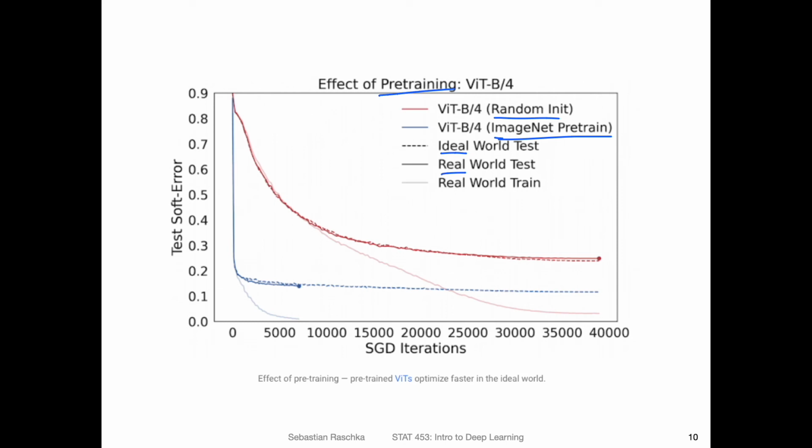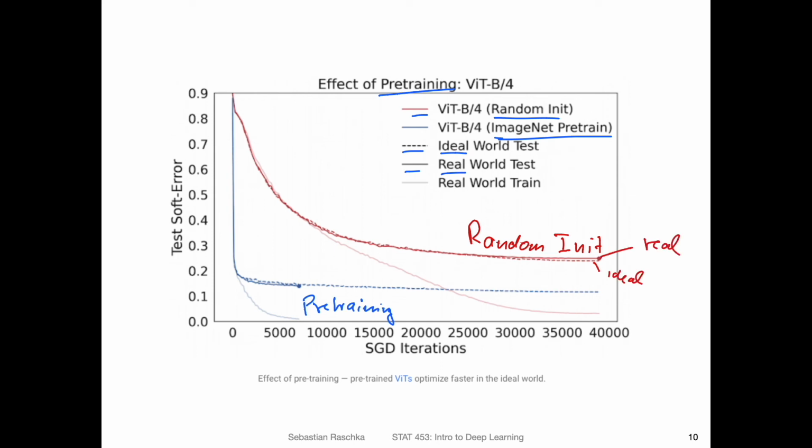So what they found here is, if you look at it, the dotted line is the ideal world and the real world is the solid line. In red, that is the random. It's a little bit hard to read this graph, to be honest, or not hard, but you have to think a little bit about it. So this is the random init, and the blue ones are pre-training. And then what you can see here is the dotted one is again the ideal, and the solid one is the real world.